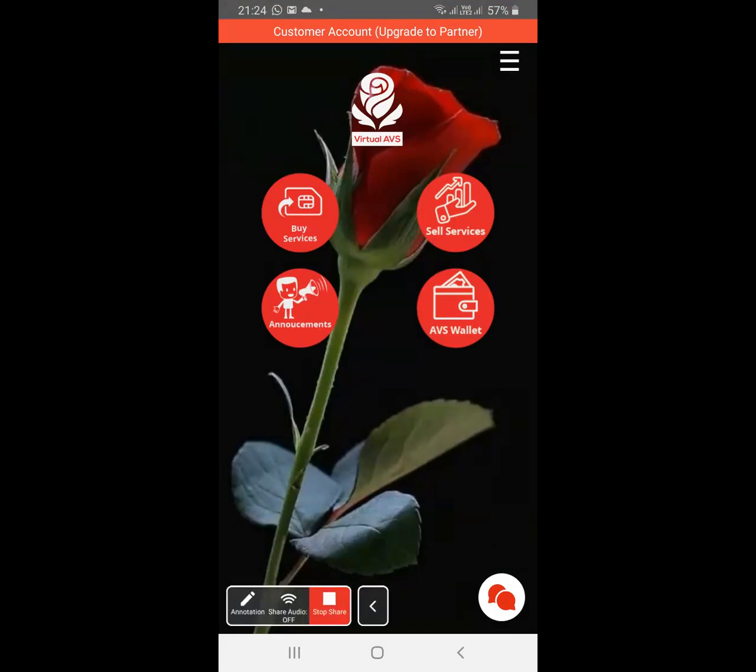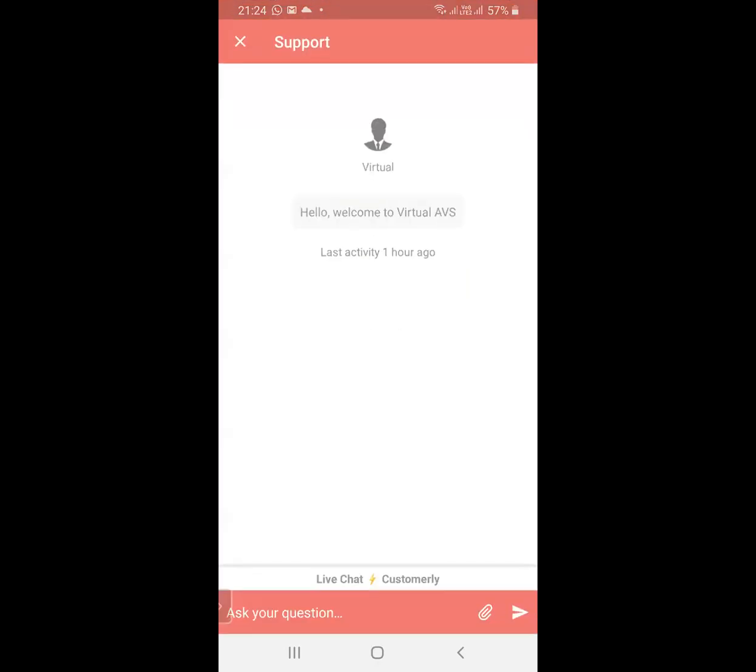And I'm actually through with the demo tonight. I wanted to keep it very short. The only other thing I need to mention is the support button. So just check bottom right. You have that button there, that widget. If you click on it, here you're able to send a message to virtual AVS customer support, and you are able to get some assistance from customer support. So this is where you're able to do that.